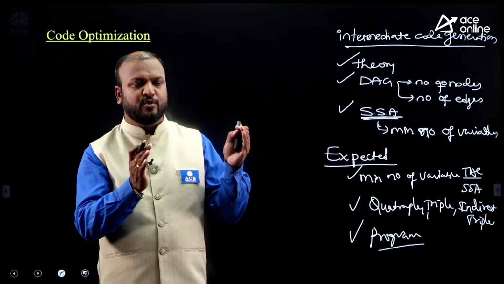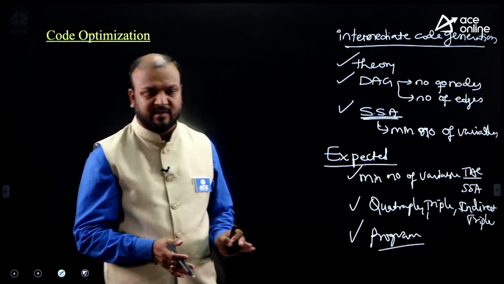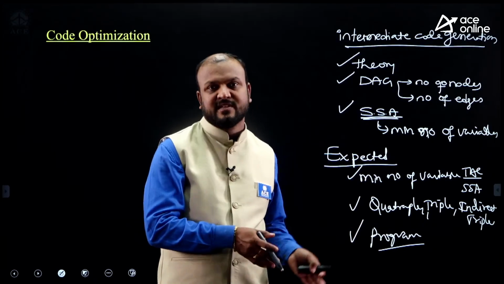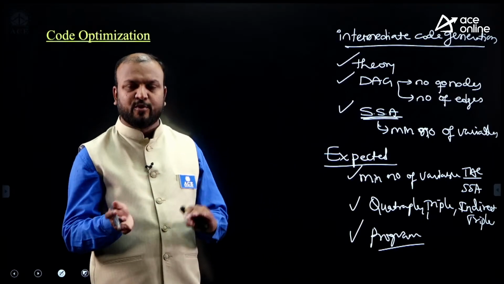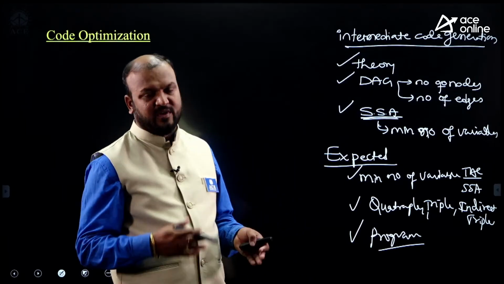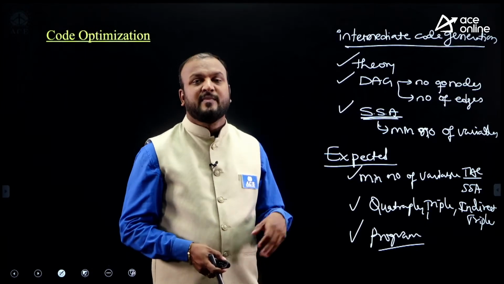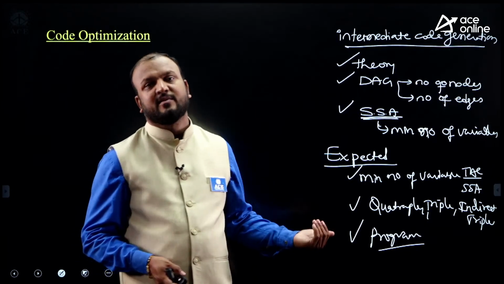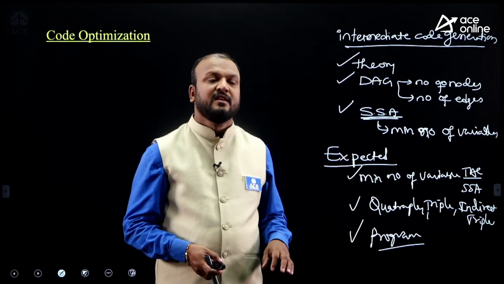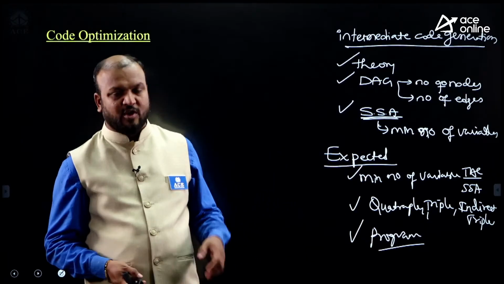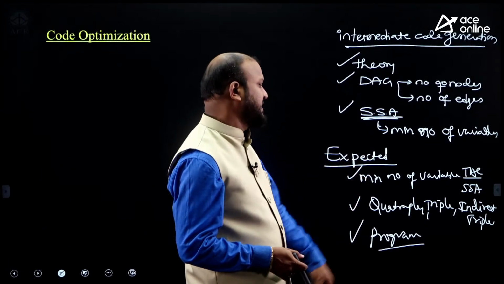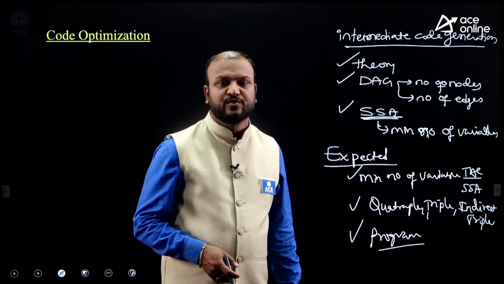Like a C program with a while statement or for statement, one-dimensional array, two-dimensional array. If such program statements are converted into 3-address code, what code is possible? Or else they may ask which of the following 3-address codes is the correct representation for the C declaration of a while statement. Some program snippet is given. Or else, how many statements are possible in the 3-address code? That kind of questions are expected. So this is the expected type of questions from intermediate code generation.